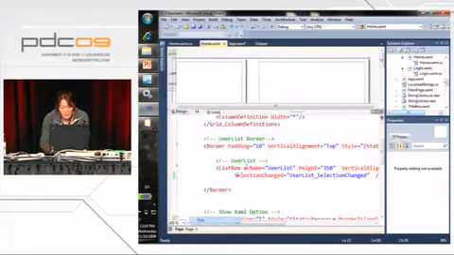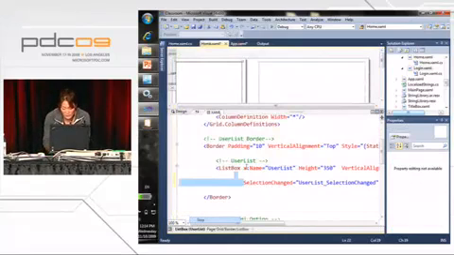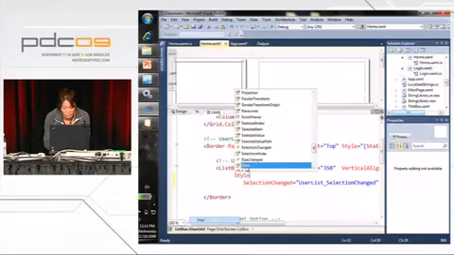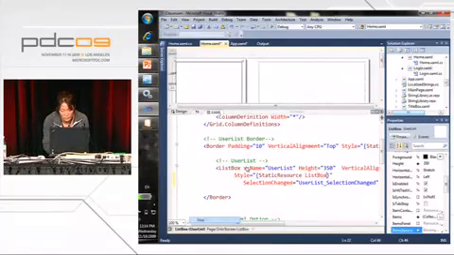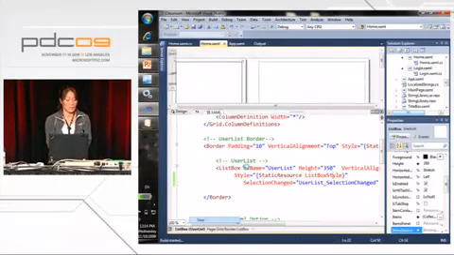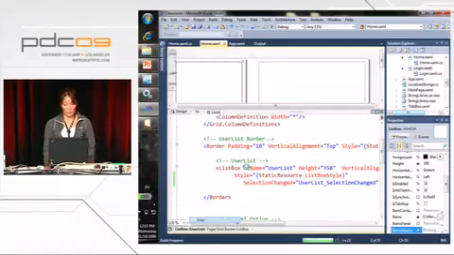And then on my list box, set up my list box so it's using that style. Okay, so now when I run this,